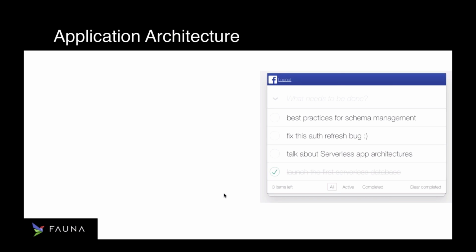So now that you know a little bit more about how FaunaDB fits into serverless, we could talk about the application architecture. So there are three main components to the application that we're going to be looking at. And I'll talk through these one at a time, and we will go and look into them in more detail. But this content service is the main application code. It's the part that knows about to-dos and lists and your domain model. So in another app, it might be the users or the recipes or the forum posts. The content service is essentially the part that used to live in your Rails directory back in the day,